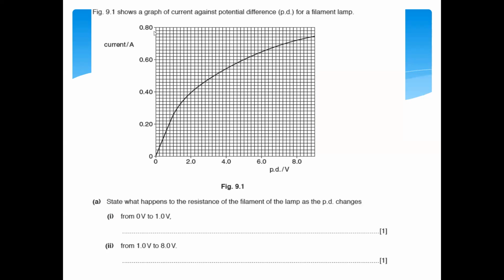As you can see in this question, figure 9.1 shows a graph of current against the potential difference for a filament. So they're asking, state what happens to the resistance from 0 to 1 volt. So from 0 to 1 volt, it is a straight line. And after 1 volt,